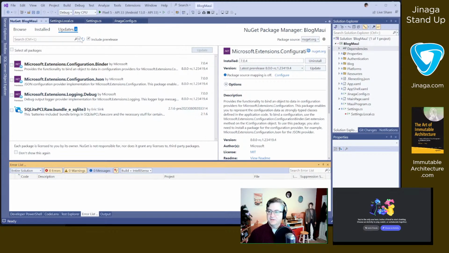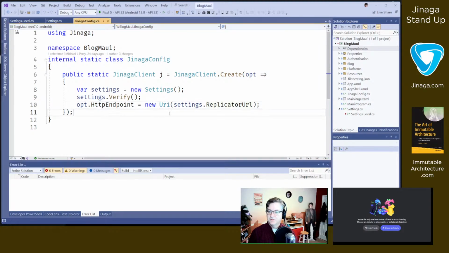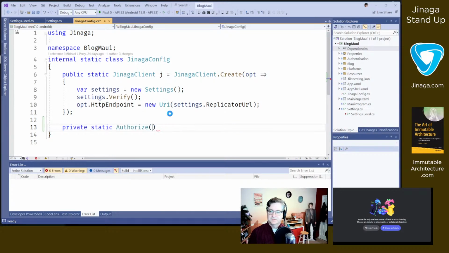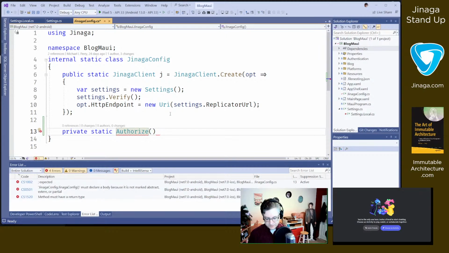Okay, that's the only one that I need to update. And that allows me to write some authorization rules. So I will have a private static function called authorize. This returns an authorization rules,